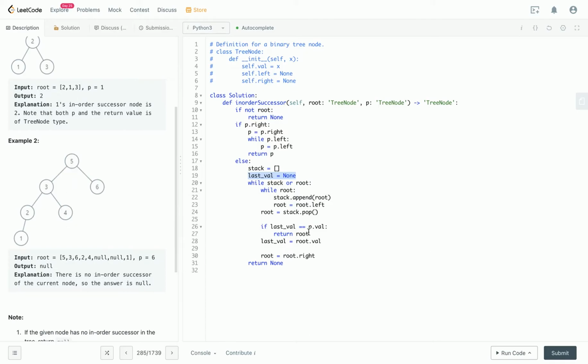So all I need to do is, when I traverse to 5, my last value is 4, right? If my last value 4 is equal to the p value, so when 4 is equal to 4, that means my last one is the p I want to find, and my current one is the successor I want to output. So that's why I initialize the last value, and at each step I assign the root value as the last value. And when